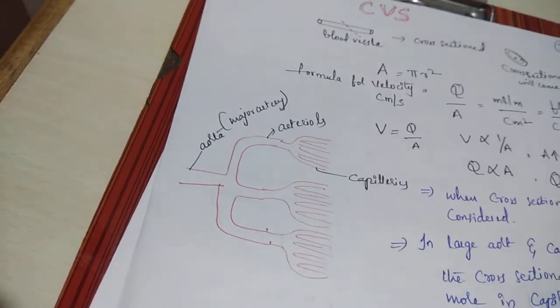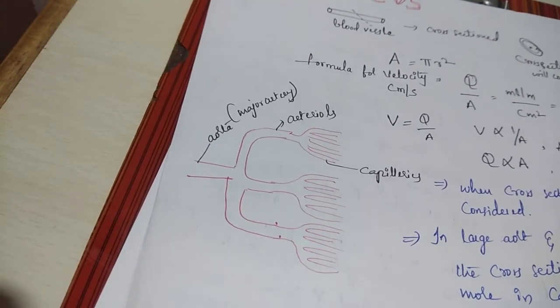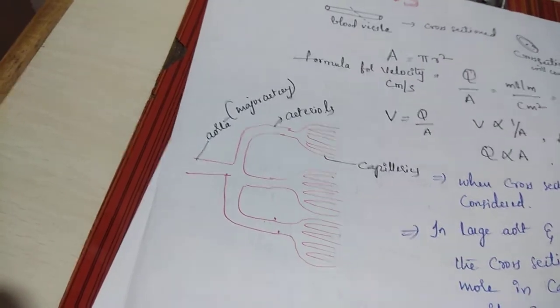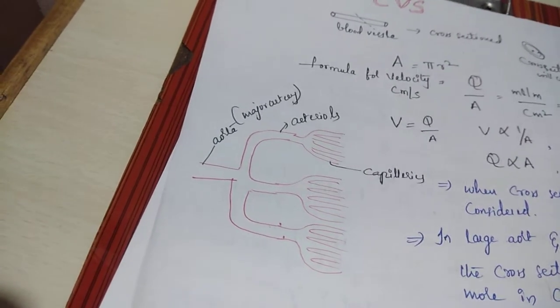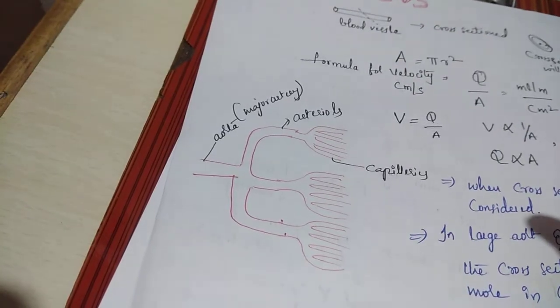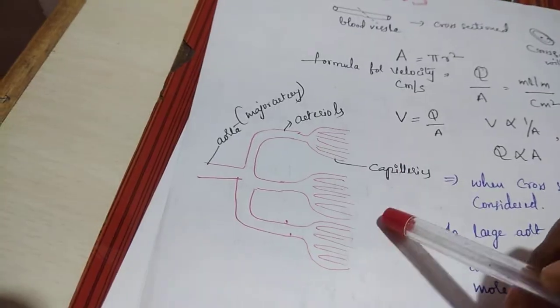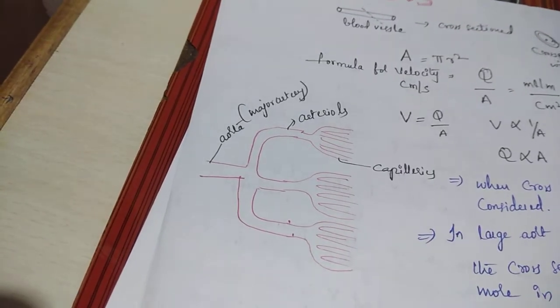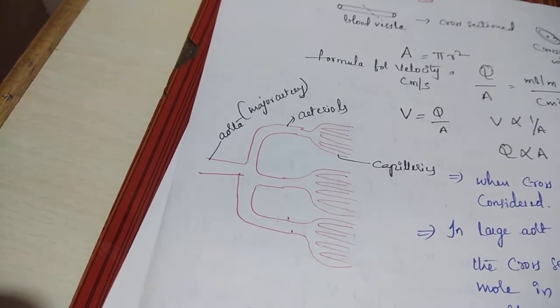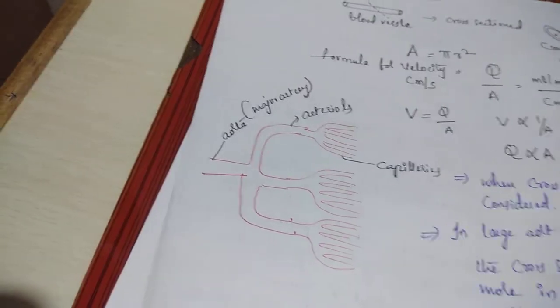So the veins pump the blood into the right part of the heart. Near the heart the blood velocity is more. Once it is reaching the systemic tissues, the velocity of blood is gradually decreasing. Did you observe one thing?